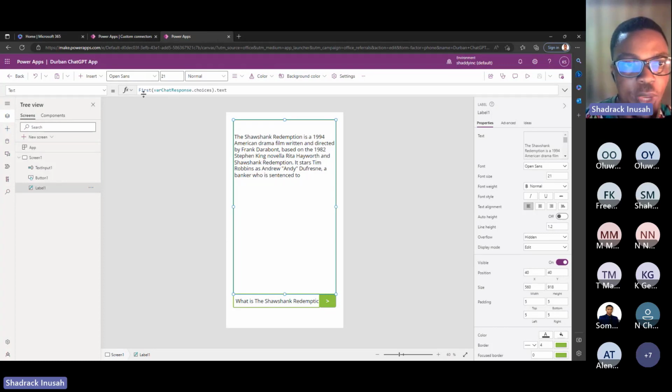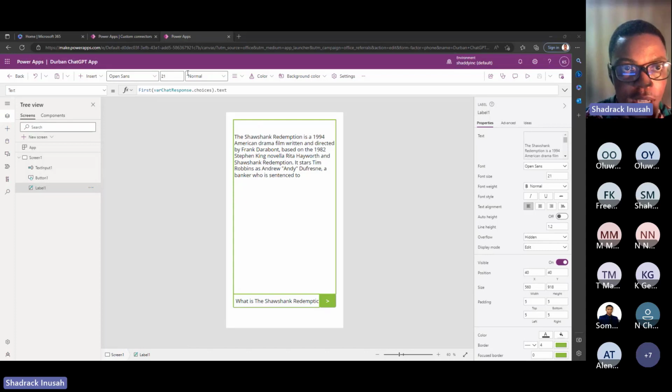Inside here we have the first function, which is used to retrieve the first element in the choices property. This function takes an array or collection as its argument and returns the first element in that array or collection.